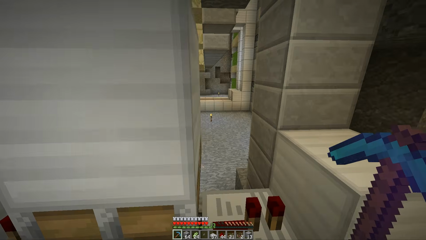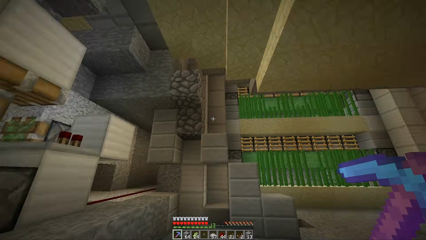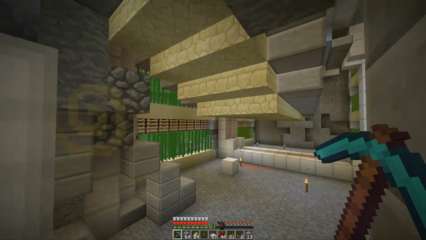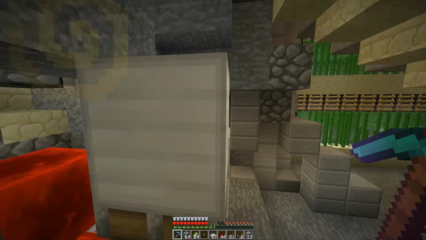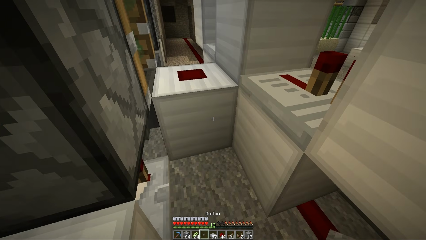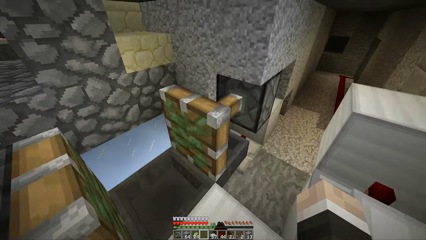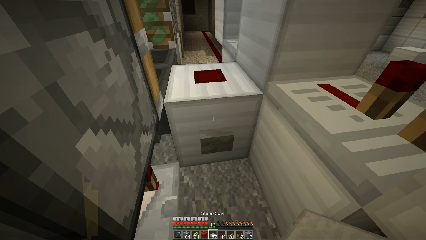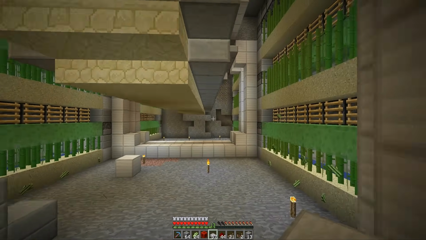Okay guys, so here comes the moment of truth. All of the pistons are linked up. There is sugarcane fully grown everywhere. So if this works, we should just have like a rain of sugarcane falling down. So what I'm going to do is take out this redstone block here, and then we're going to chuck down a button. Whoa! Okay, we'll take out the redstone block. Okay, what we're going to do is place down a button here, and when I press this...